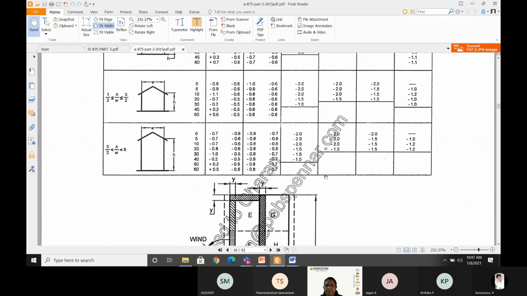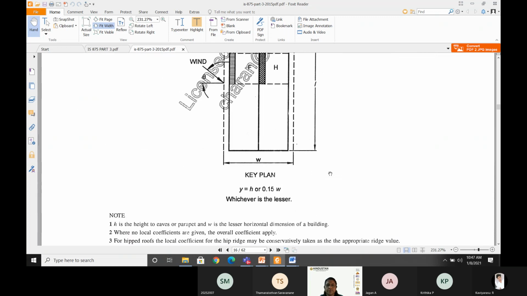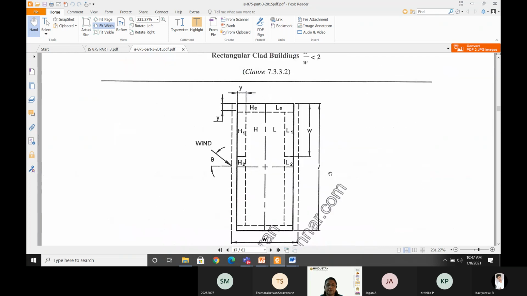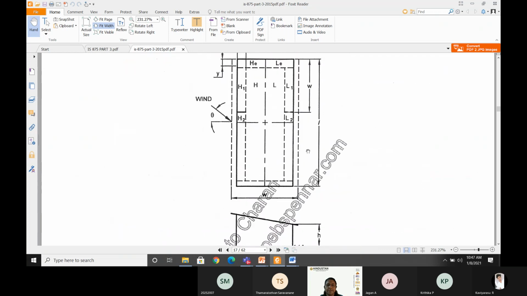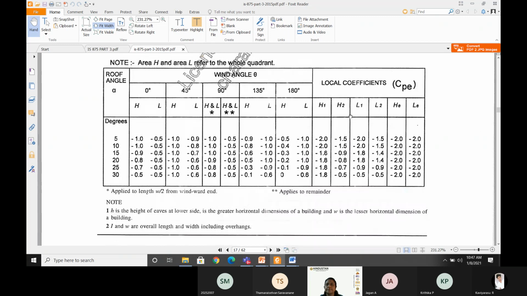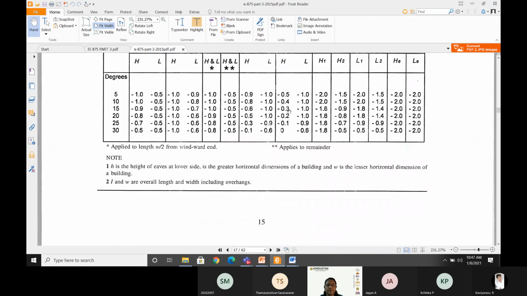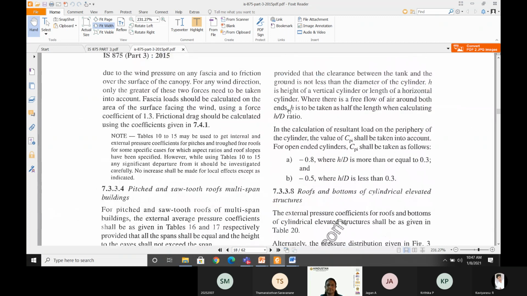Okay, so I'm not going much into this because when you learn the wind engineering subject, this entire thing will be discussed in detail. Now for us, you should know how to calculate the wind load. You should have an idea. Okay, that's what this subject gives you. So there are many ways given here how to calculate the CPE values for different types of structures.